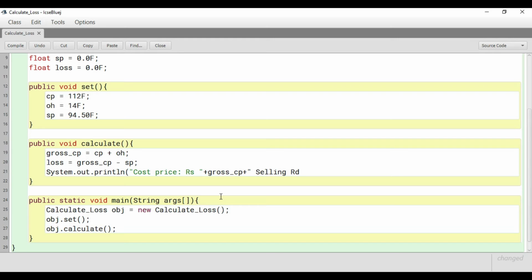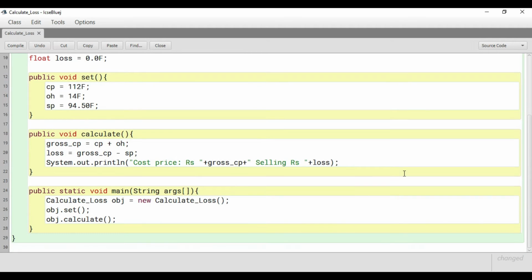I'm doing this in the same function, but if you feel like it you can do it in a different function also, no problem, that also I will show you. And the loss amount is this. So inside the function where I calculated, I'm displaying the output. That also you can do. So that's what your calculate function is.